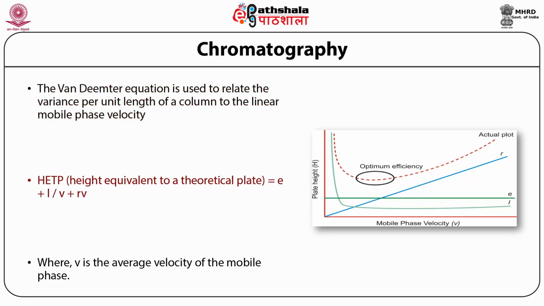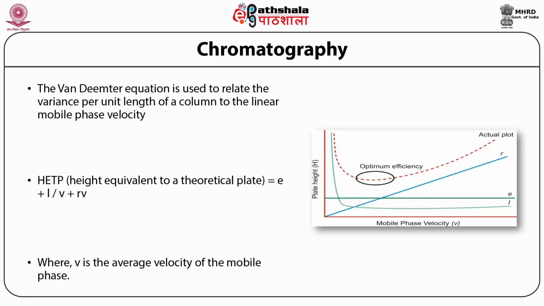So here HETP, which is height equivalent to a theoretical plate, is equal to E plus L divided by V plus RV. E is eddy diffusion, L is longitudinal diffusion, V is the average velocity of the mobile phase, and R is resistance to mass transfer. Therefore,